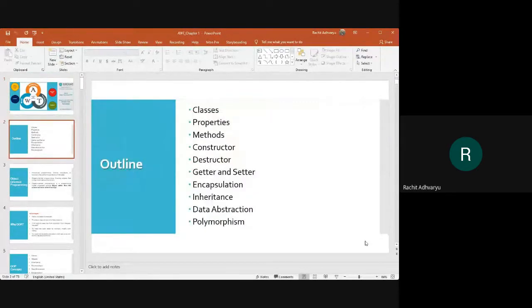Okay, guys, so moving on with unit number 1, we have seen some of the concepts like classes, properties, methods, constructors, destructors, getters and setters, encapsulation, inheritance, data abstraction, and polymorphism. Right? So tell me, what is the difference between procedural oriented language and object oriented language?